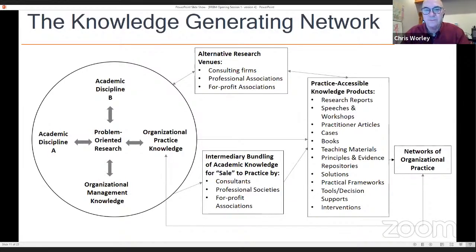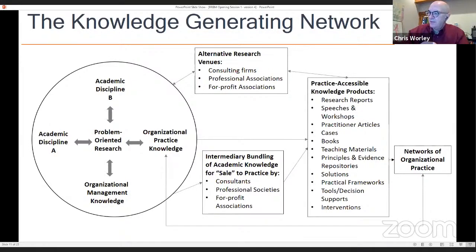We've got different venues for doing research in the consulting firms and the for-profit organizations, think tanks, and places where we can go get some research done. There's also, again, this translation. Sometimes consultants and scholar practitioners take the work done in theory and begin to translate it into the world of practitioners and put it in different forms and shapes that can be used by and understood by practitioners.